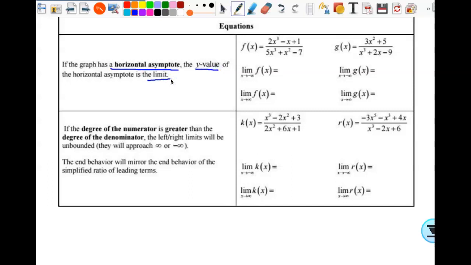So if I look at f of x here, is it top heavy, bottom heavy, or tied in degree? Good, tied in degree, so my horizontal asymptote is at y equals 2 over 5. Since that is my horizontal asymptote,